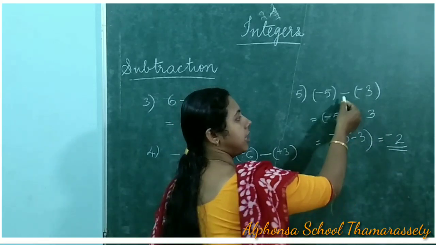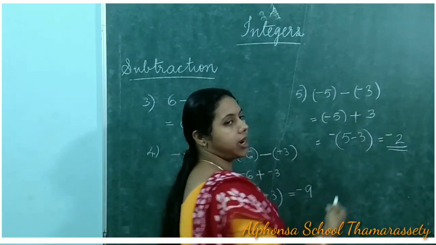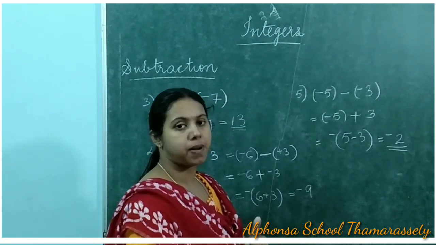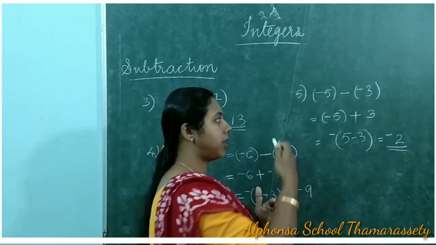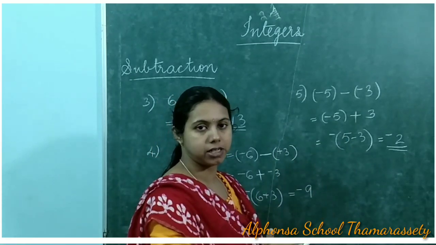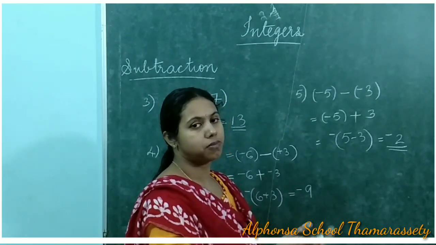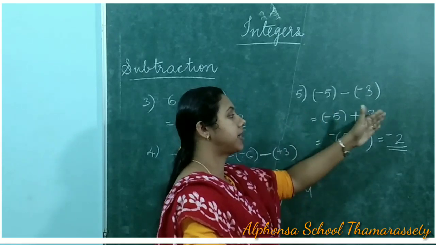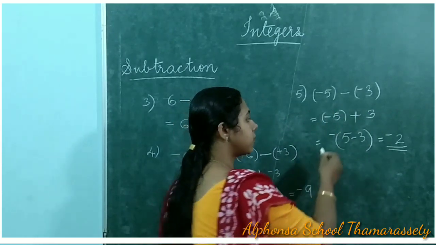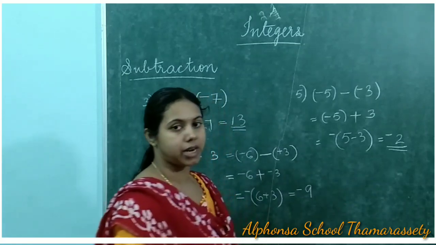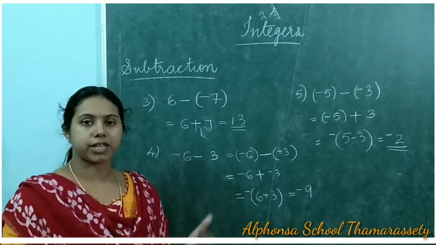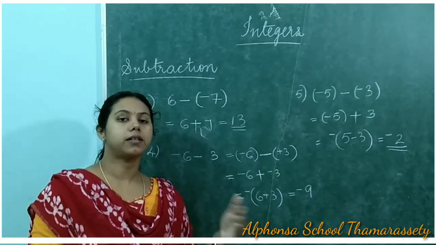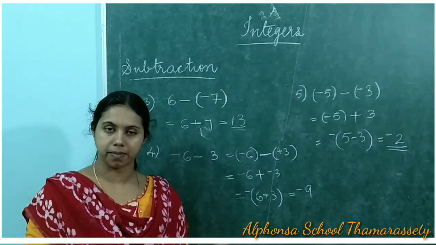There is a shortcut. When the addition and subtraction signs are placed side by side, if one is positive and one is negative, it will give negative. If both are the same sign, it will give positive. Negative into negative will be positive. So minus 5 plus 3. That's the shortcut you can use. But this is the actual method for subtraction: we add the additive inverse of the second number to the first number.